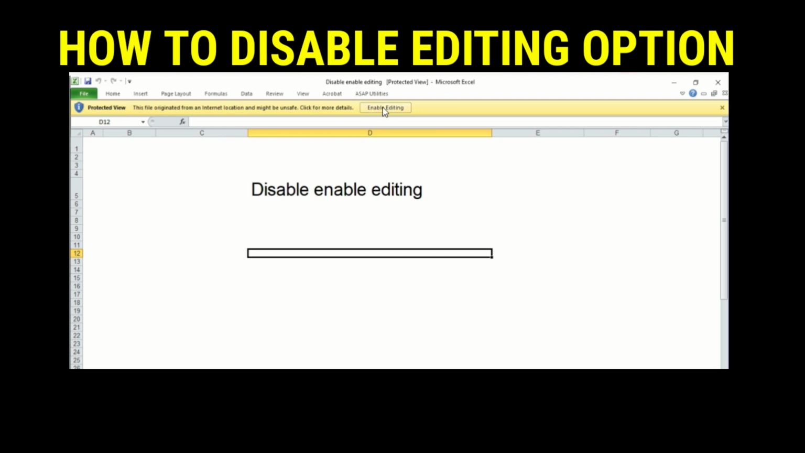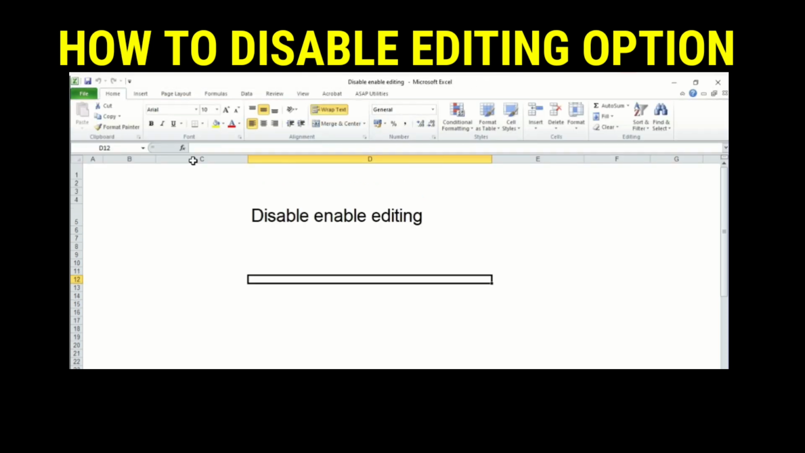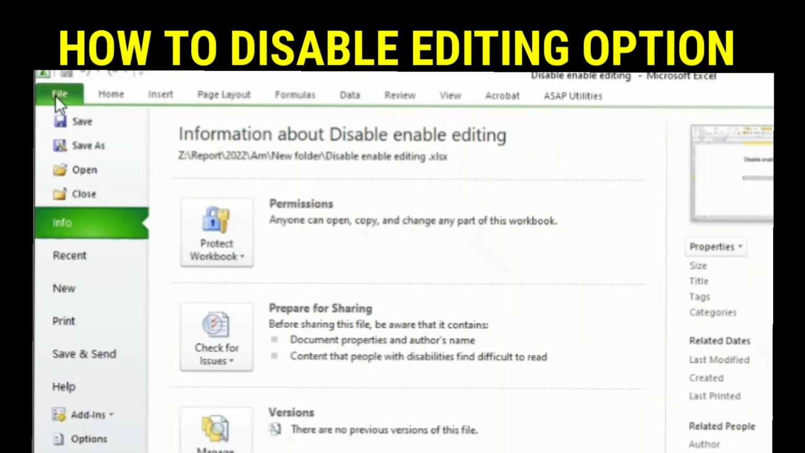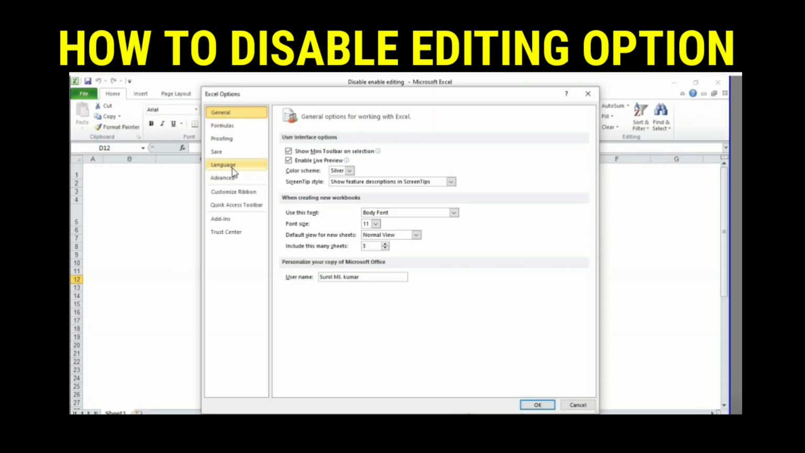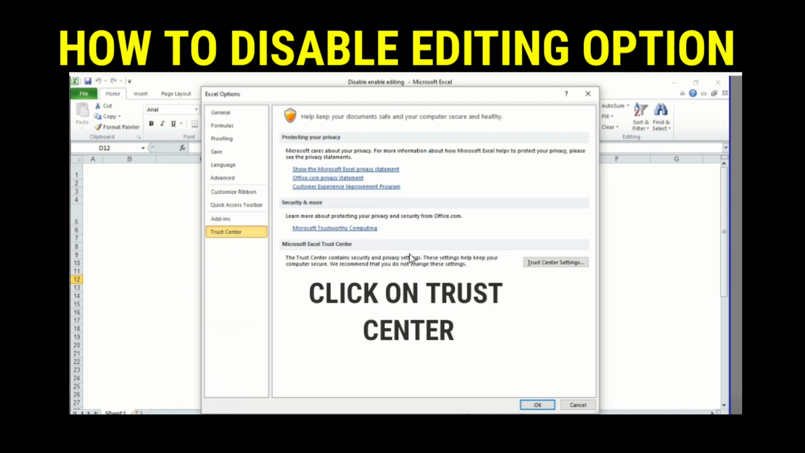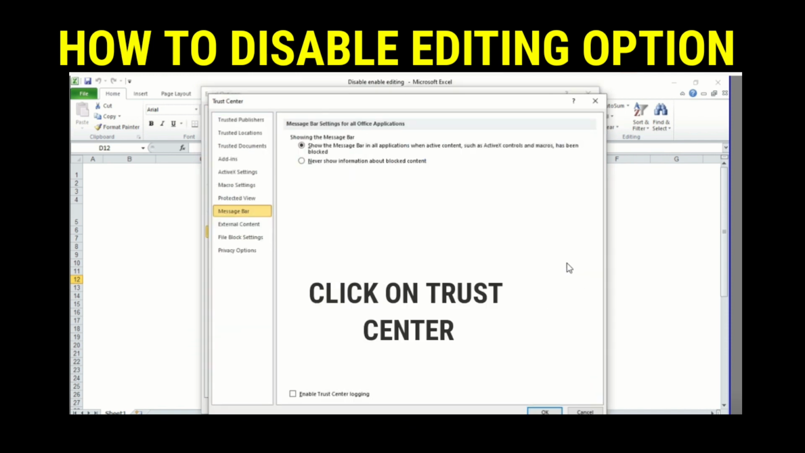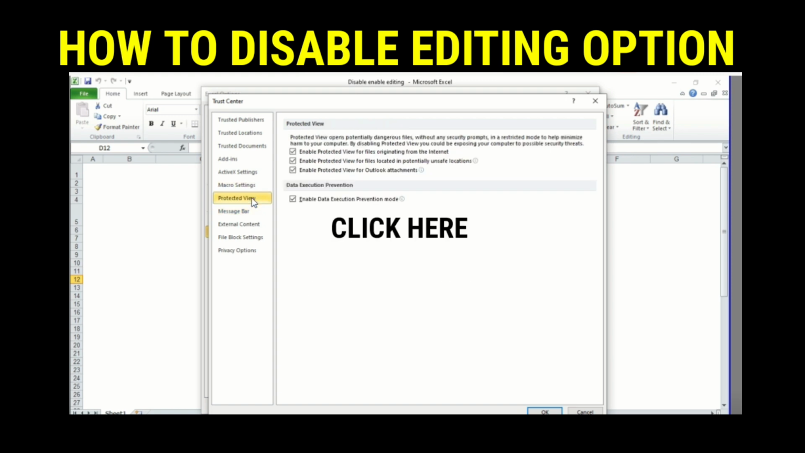So let's start. Now you want to go to File, click on File and then go to Options, click on the Trust Center and click on the Trust Center Settings, then click on Protected View and untick all the tick marks over here. Once you untick, press OK,